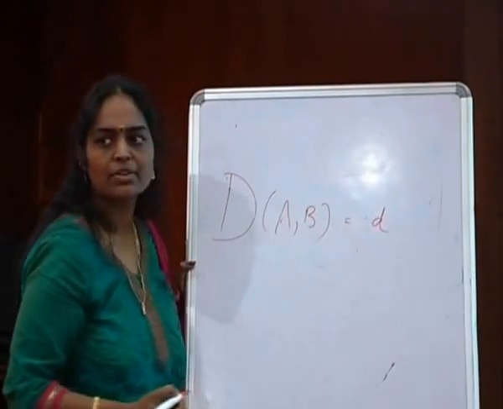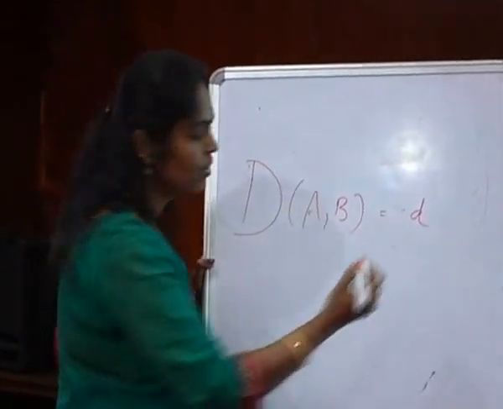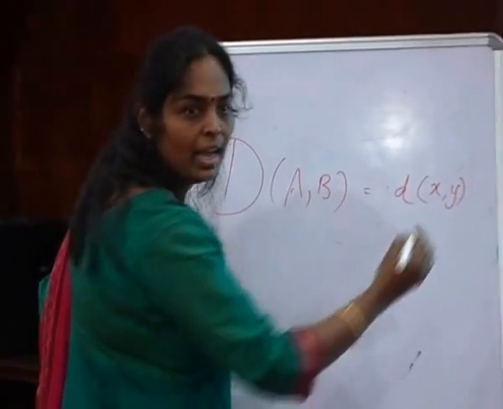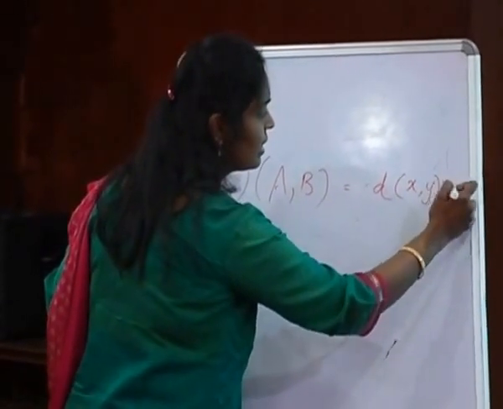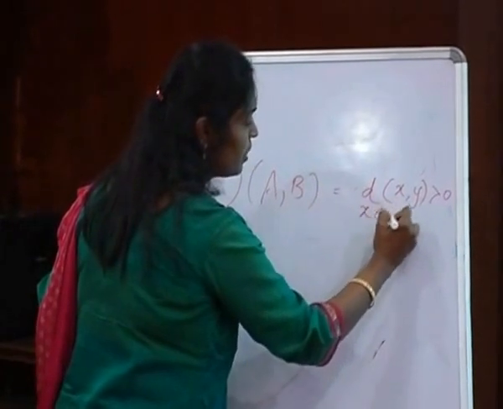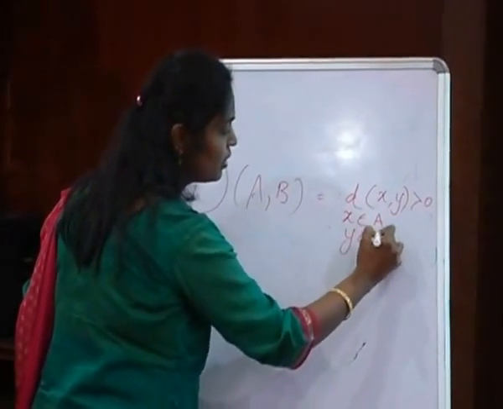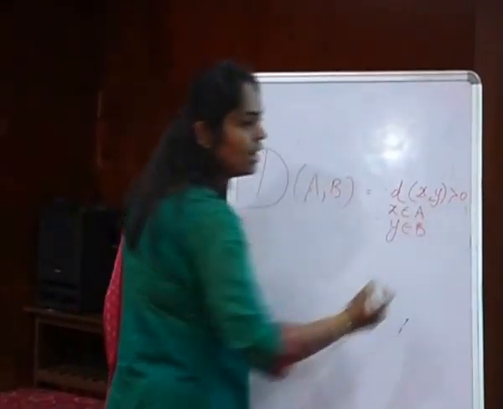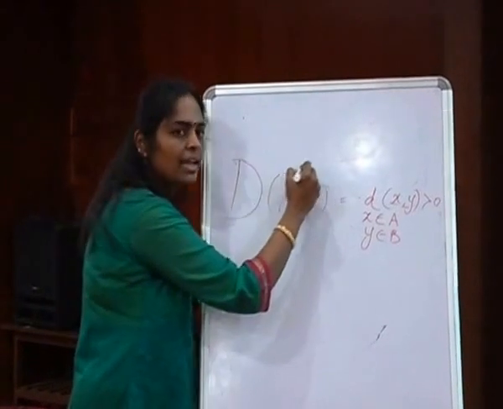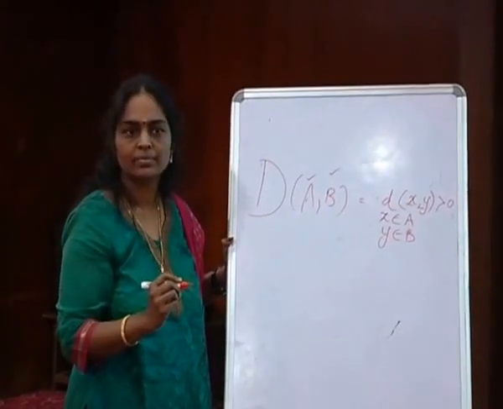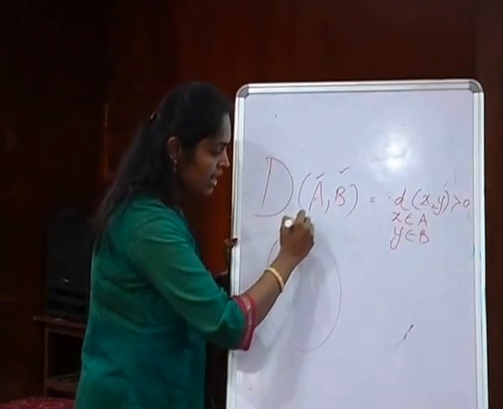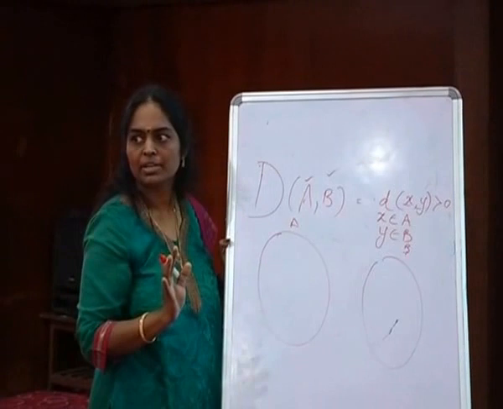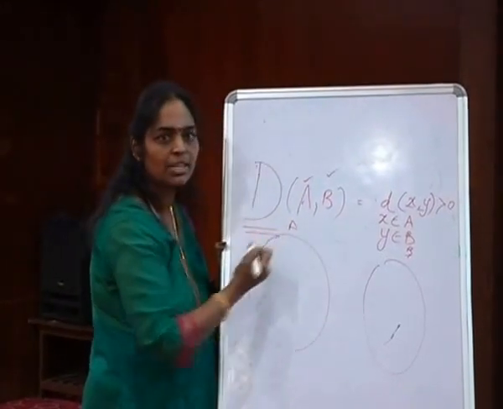Let me say D is as of now a Euclidean distance. You can take any distance you want. D(x, y) has to be greater than 0. This x point belongs to cluster A, y point belongs to cluster B. This x and y are my data points in the clusters A and B. I have a cluster A, I have a cluster B. Should I merge these two clusters is what I am trying to find out. That is what I am calculating through D.